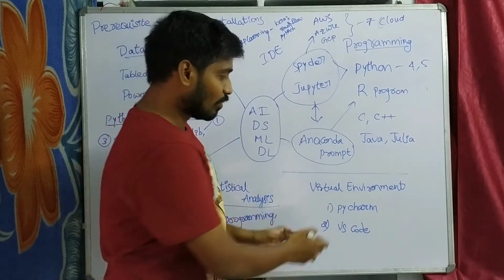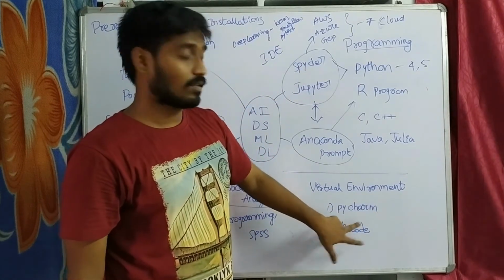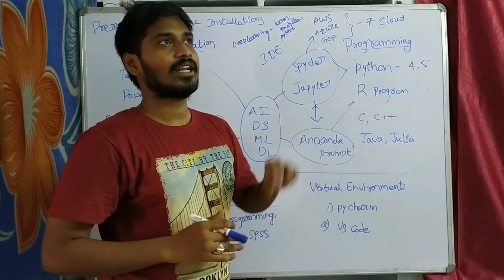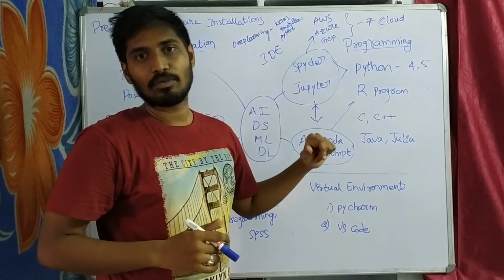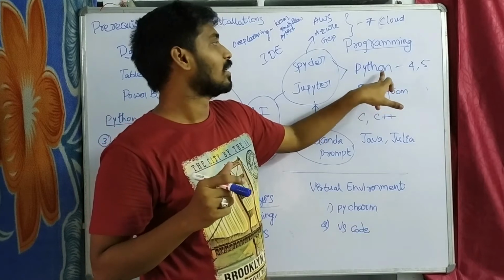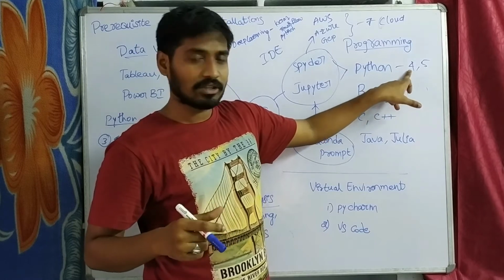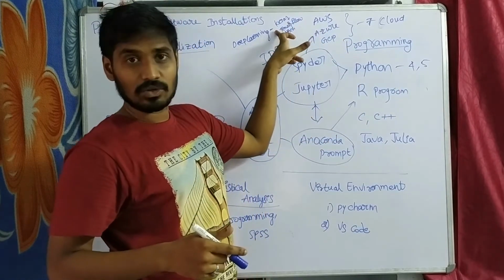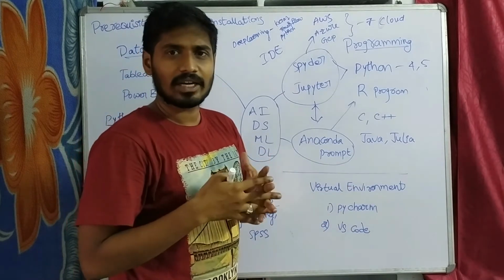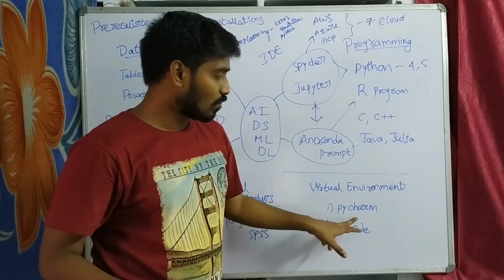So for that, what we need to do, we will create a virtual environment. When I say virtual environment, here we have two softwares: one is PyCharm and one is VS Code. If you want to start a project, you can go to File and click New Project. There, whatever versions you need for that particular problem statement, like Python 4th version or 5th version, and Keras also, whatever you are connecting together, we will keep everything in one folder. That folder we can create easily in either VS Code or PyCharm.